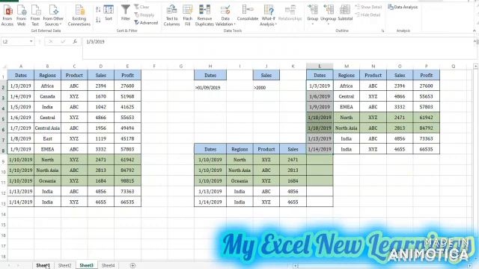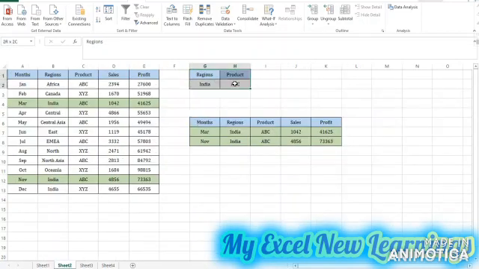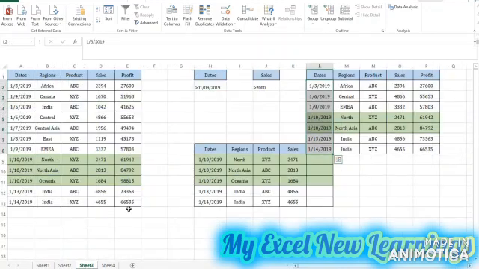So we have now seen three options of the advanced filter. One is for single criteria, the second one is for multiple criteria, and the third one is greater or smaller or equal. So now we will see